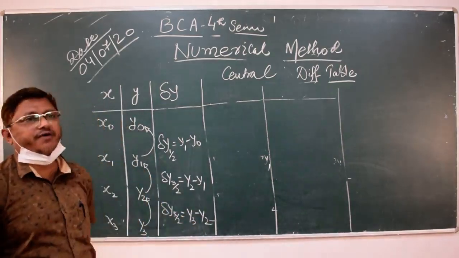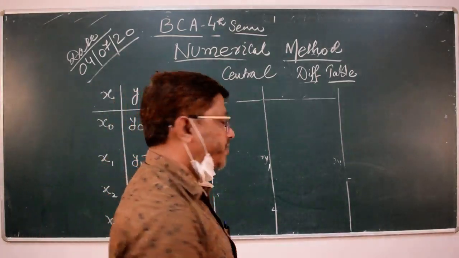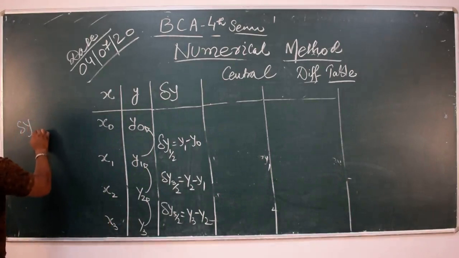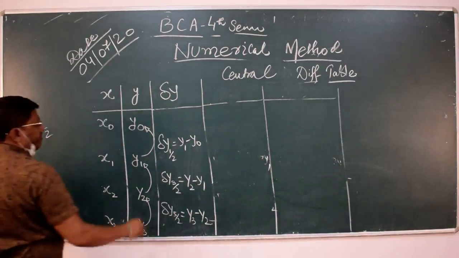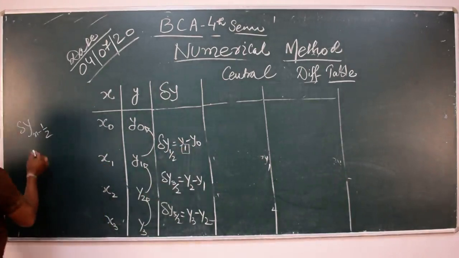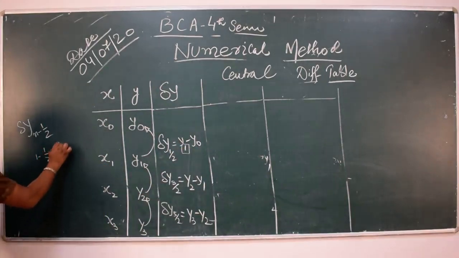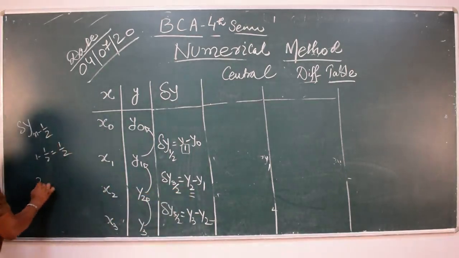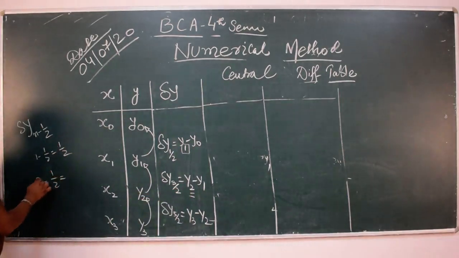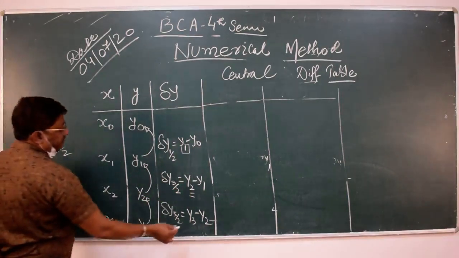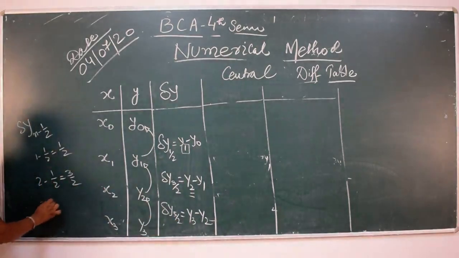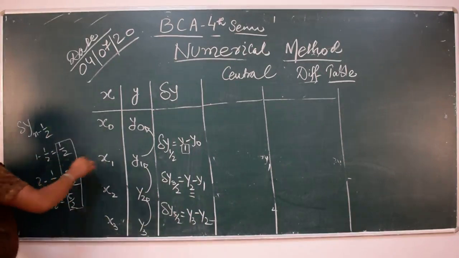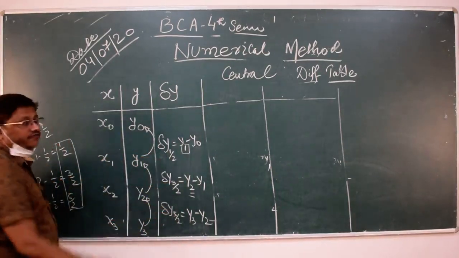But how do we write 1 by 2, 3 by 2 and 5 by 2? The formula is small delta y n minus 1 by 2. Where is the value of n? For 1, n minus 1 by 2 is nothing but 1 by 2. Here the n value is 2: 2 minus 1 by 2, 2 twos are 4, 3 by 2. Here the value of n is 3: 3 minus 1 by 2 gives 5 by 2. In this way we write 1 by 2, 3 by 2 and 5 by 2